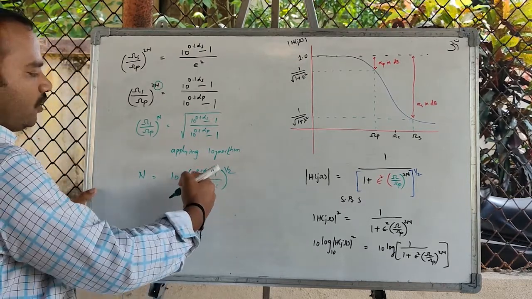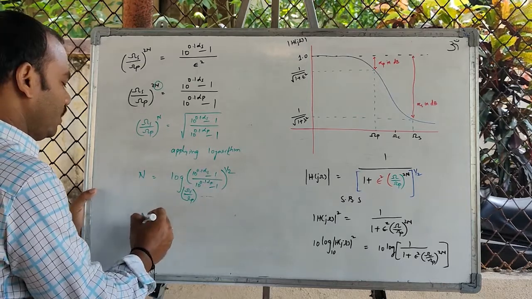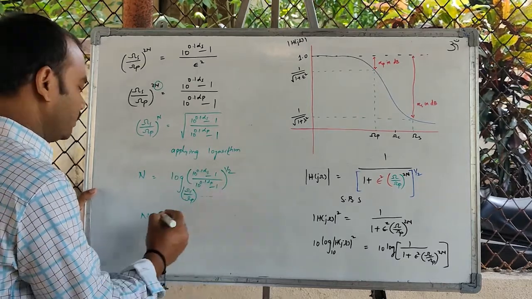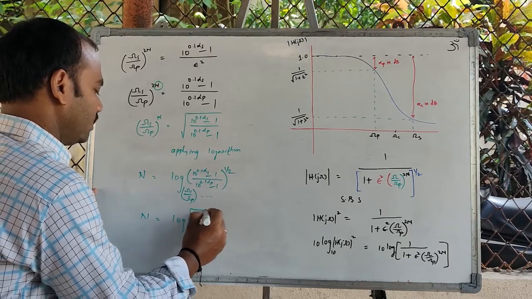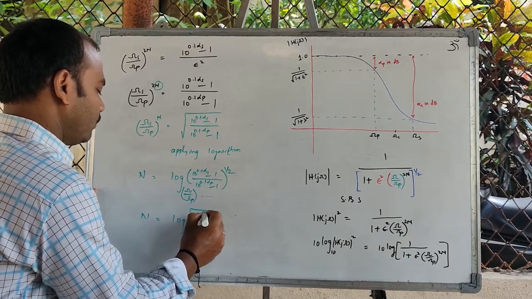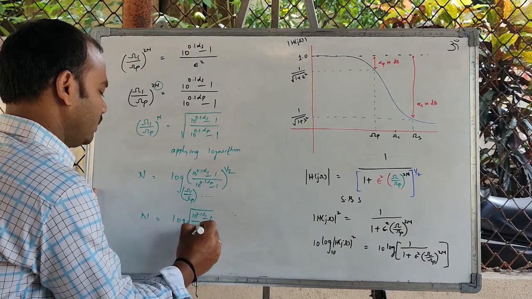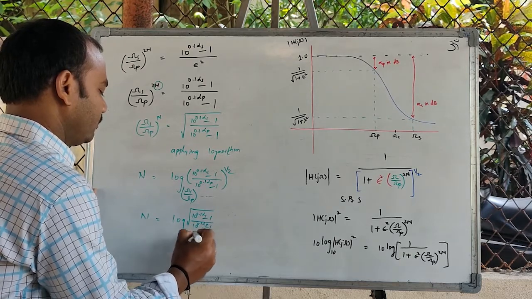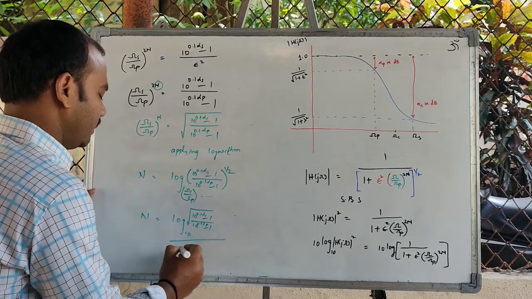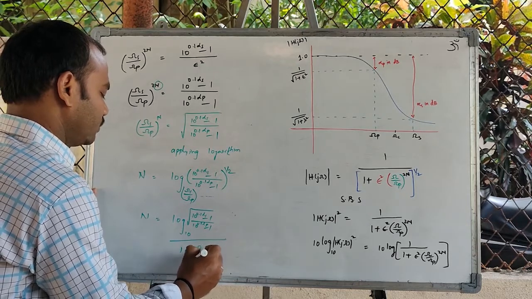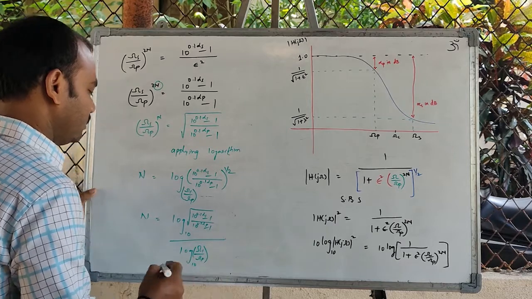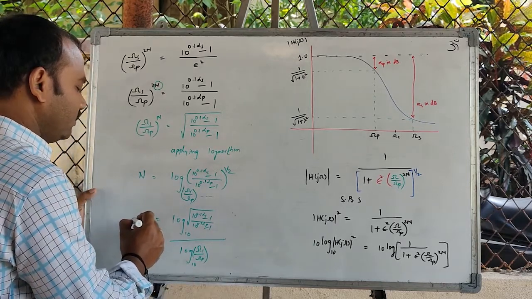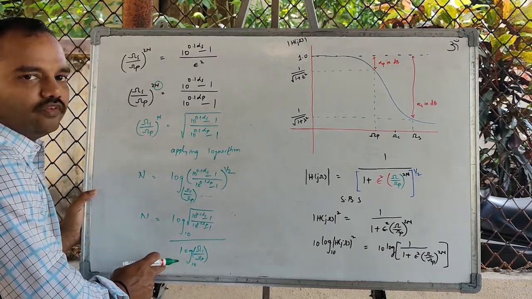We can split log m by n into log m by log n to the base 10. So log of the under root of (10 to the power of 0.1 alpha s minus 1) by (10 to the power of 0.1 alpha p minus 1), base 10, by logarithm of stop band frequency by pass band frequency to the base 10. Now this one will give you the order of the filter.